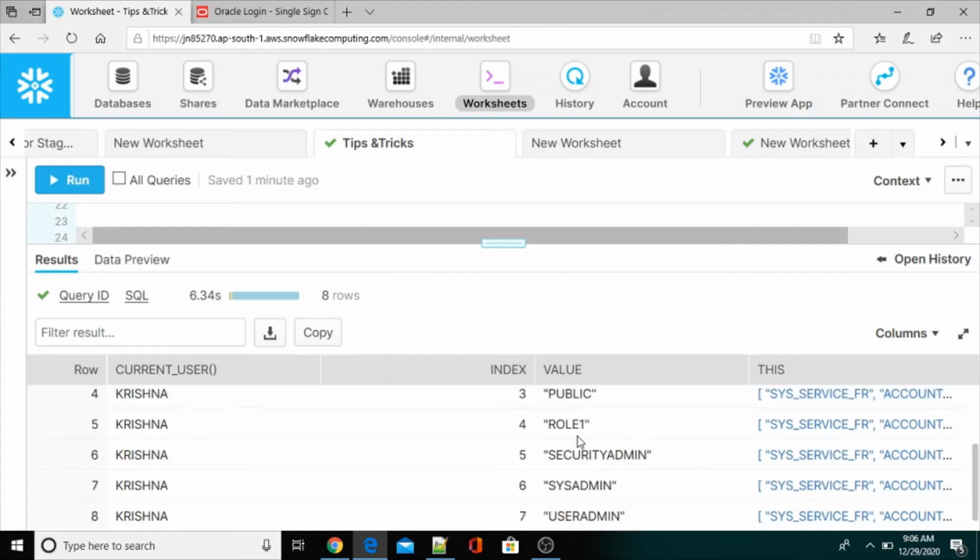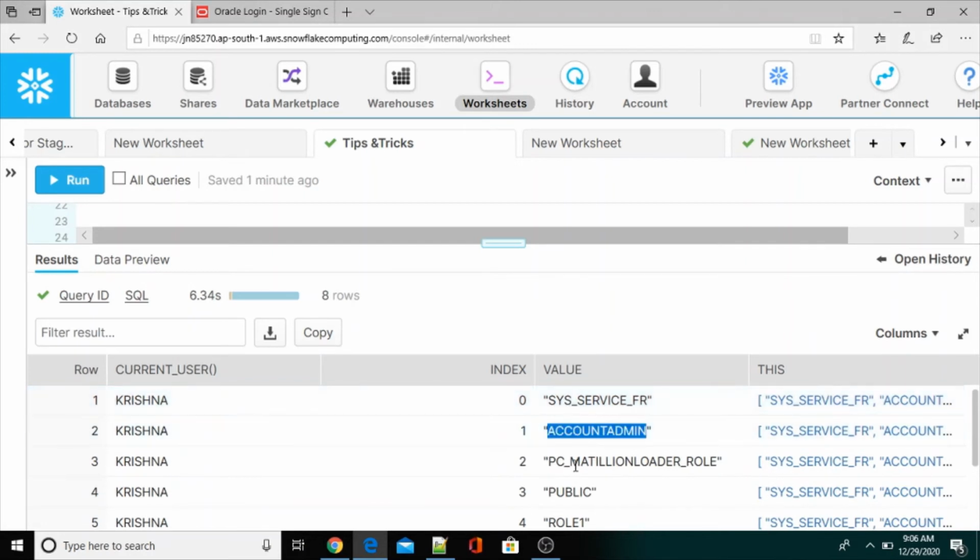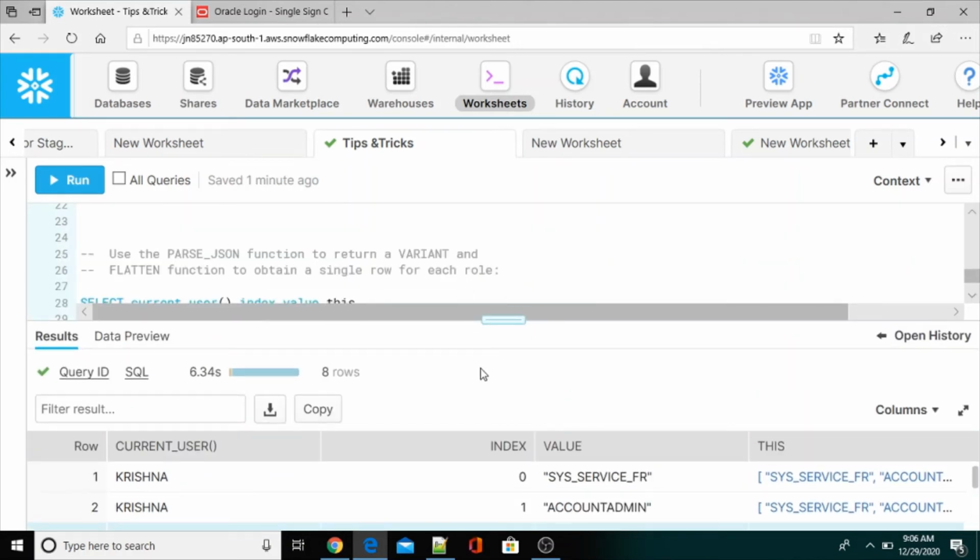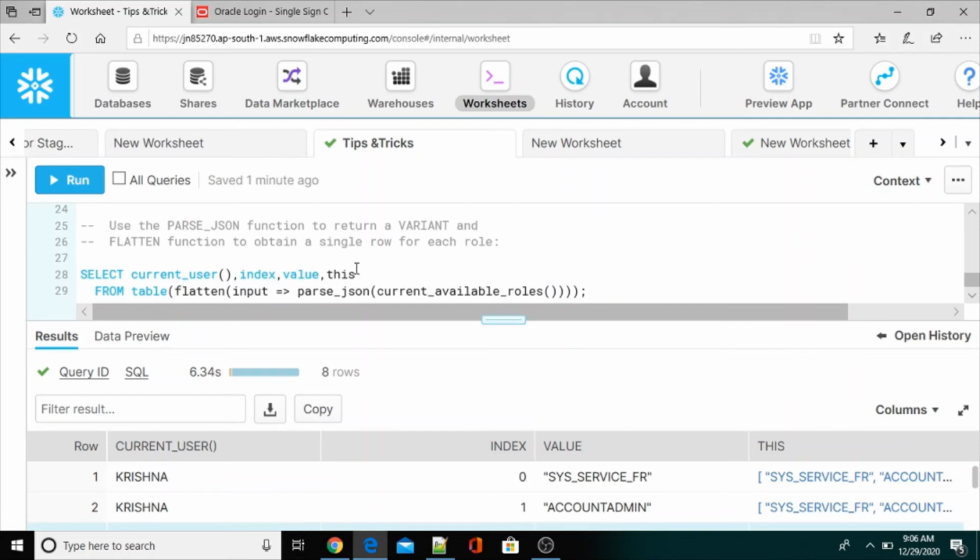In the second row you have ACCOUNTADMIN, and the third one is another role. Like that, we displayed each role in a separate row instead of one string which contains JSON format. That is all about this tip.